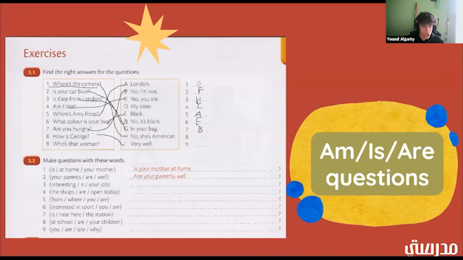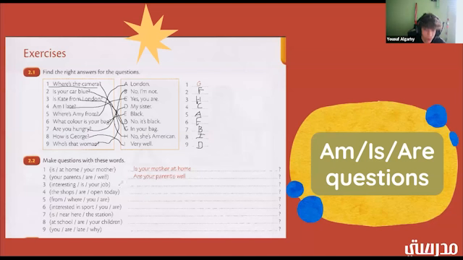How is George? Very well. Okay. And then the last one, number 9. Who's that woman? That one would be D. Good. Who's that woman? My sister. Okay, good. So for this one, all we're doing is making sentences. We take these words and we make a sentence out of them.